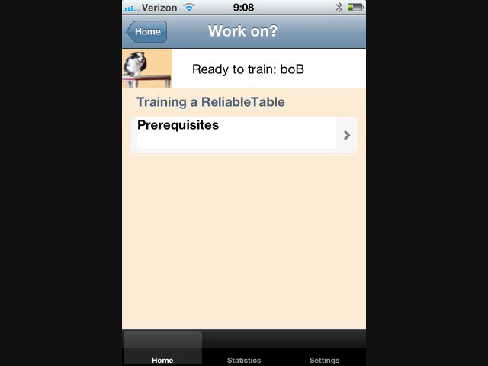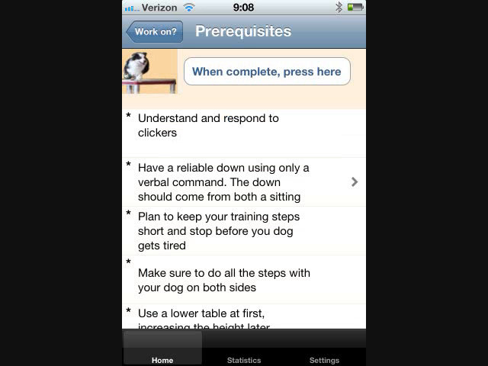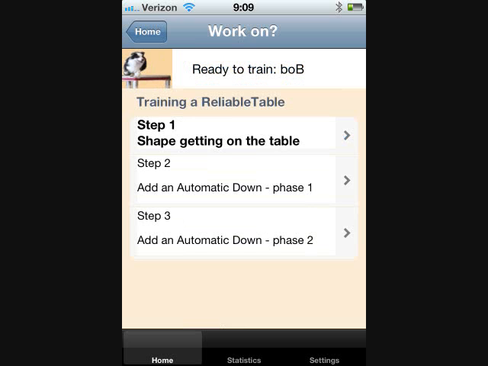I pressed the Prerequisites button, and the Prerequisites window appeared. Bob already knows about clickers, so I pressed the Understand and Response to Clickers area, and it was checked off. The next prerequisite has an arrow to the right, indicating that this prerequisite has more text to show me. Eventually, I completed all of the prerequisites, so I pressed the When Complete, Press Here button, which took me to